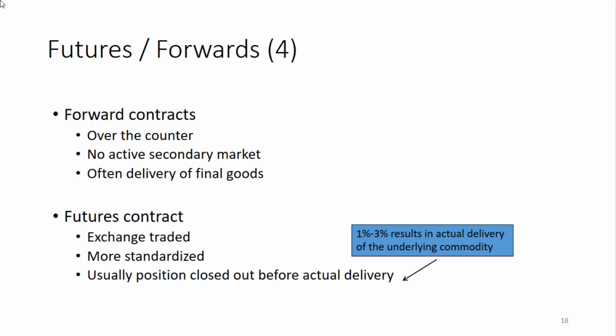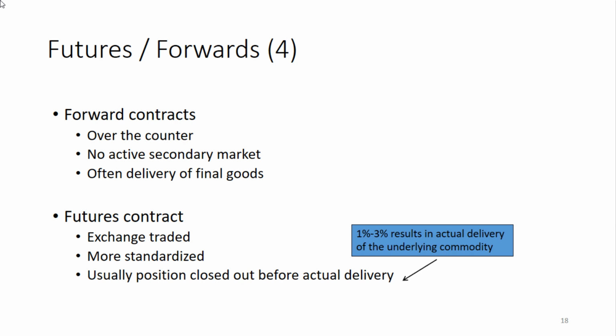So futures and forward contracts, to a large extent, are there for the same need: to agree today upon the buying or selling of an asset in the future. There are some differences between the two, and the most important I've stated here. A forward contract usually is executed in the over-the-counter market, so between two specific parties. So it can also be far more tailor-made to the needs of both parties.